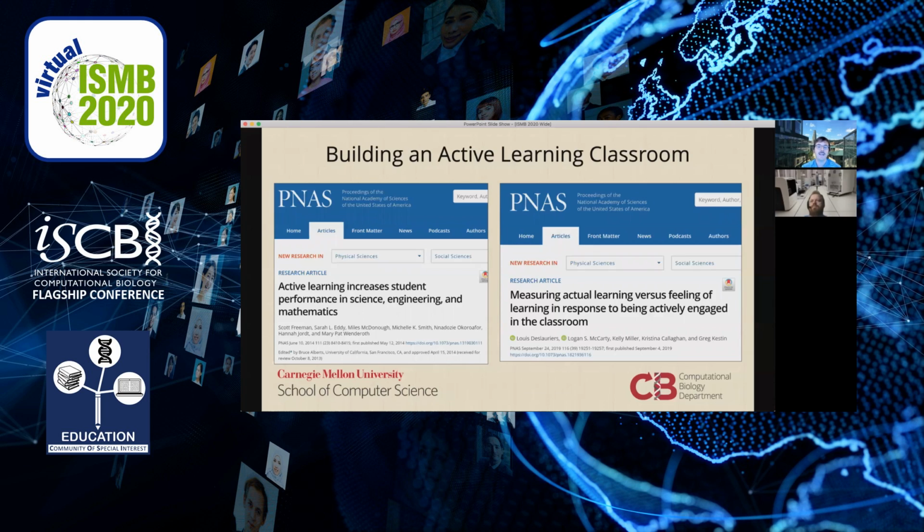Getting student buy-in to this is really important, understanding that we've spent a lot of time structuring it in this way to make sure that every moment includes active learning. And so we point our students to real research results showing why we've added active learning to our experience. So we point to, for example, one PNAS paper from 2014, Freeman et al., showing that active learning boosts student performance by about half a standard deviation in STEM courses that have grading,